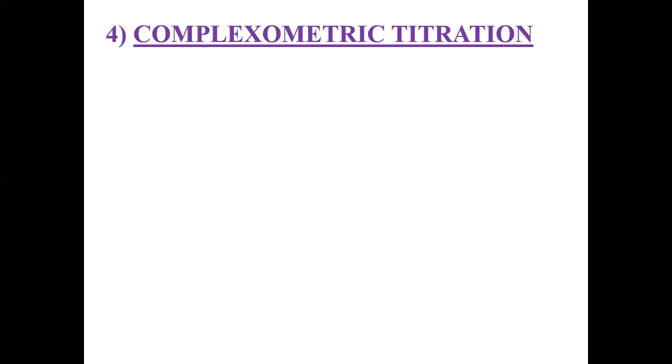I have already told you, as from the name it is clear that in this type of titration, the addition of the reagent leads to the formation of complex. So we add generally from the burette a chelating agent such as EDTA. It acts as a complexing agent and can form the complex with the metal ion. So the metal EDTA complex is formed, and this can be used for the detection of the endpoint. So these are all about the potentiometric titrations.